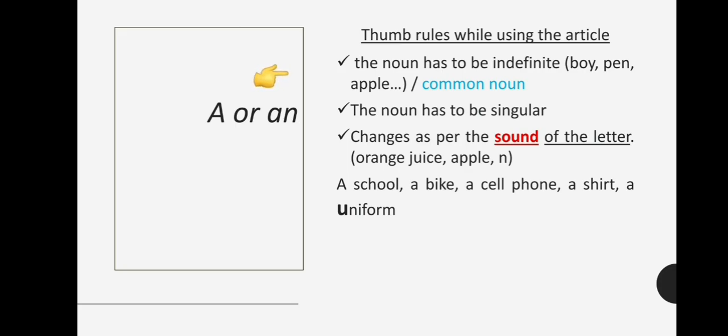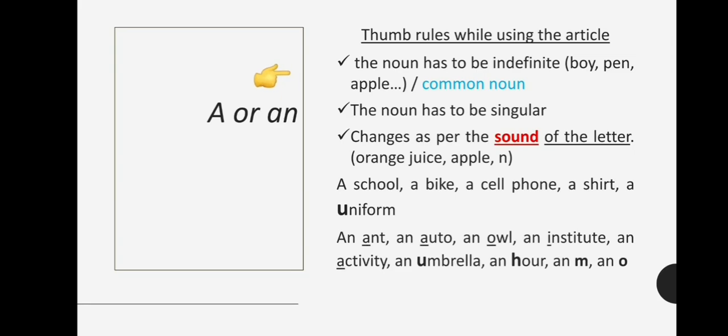Alright, now we are proceeding ahead with some of the examples for "an". An ant, an auto. Now I would like you people to speak it up with me so that you will understand why we are putting "an" and not "a".